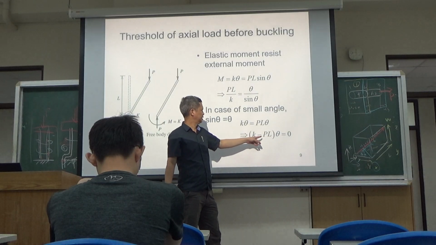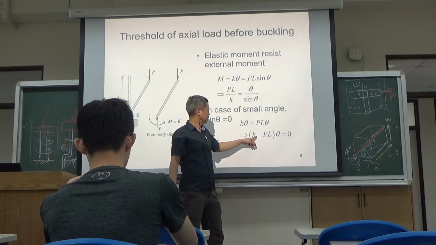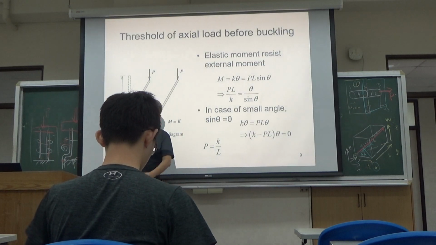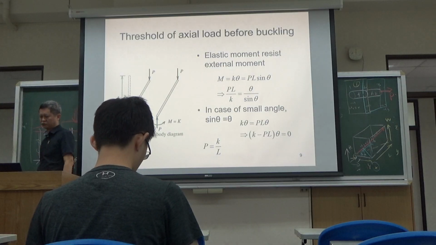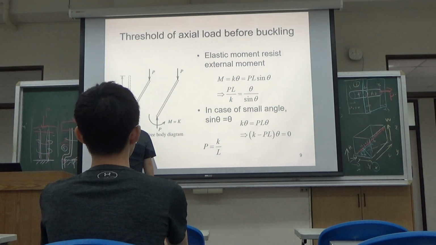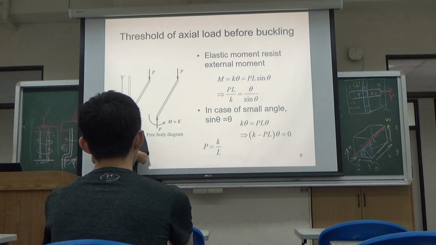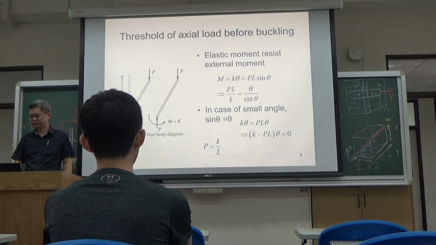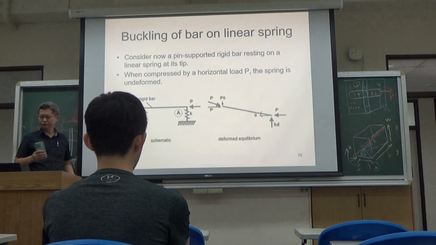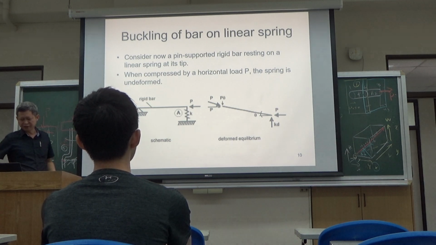So you can see that the critical loading is the applied force times the length is equal to the stiffness. So this is the critical loading. 所以那个柱子越长，那个零件的这个压缩力就越小；柱子越短，那零件压缩力就更长。